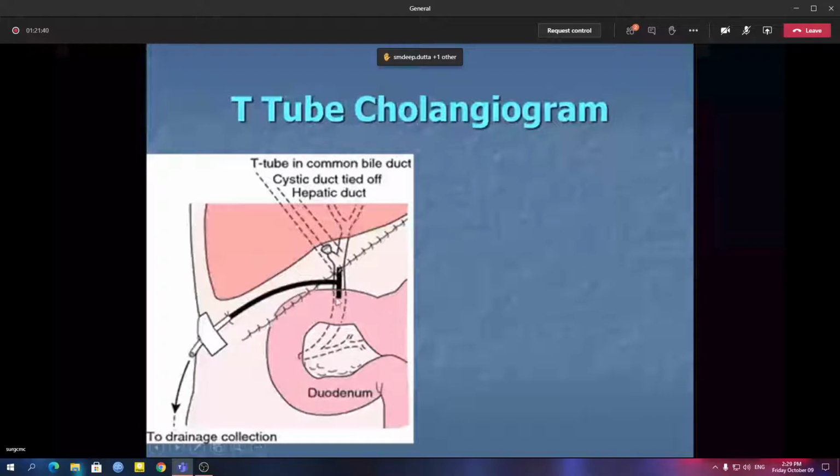and then stitch the rest part of the common bile duct. So whatever bile will come from the right and the left duct, they will come via the T-tube, come out. That is known as T-tube. So look at this picture, this is the T-tube going in. One limb, another limb, third limb. Here it has folded upon itself. 1, 2, 3. Third limb going out.